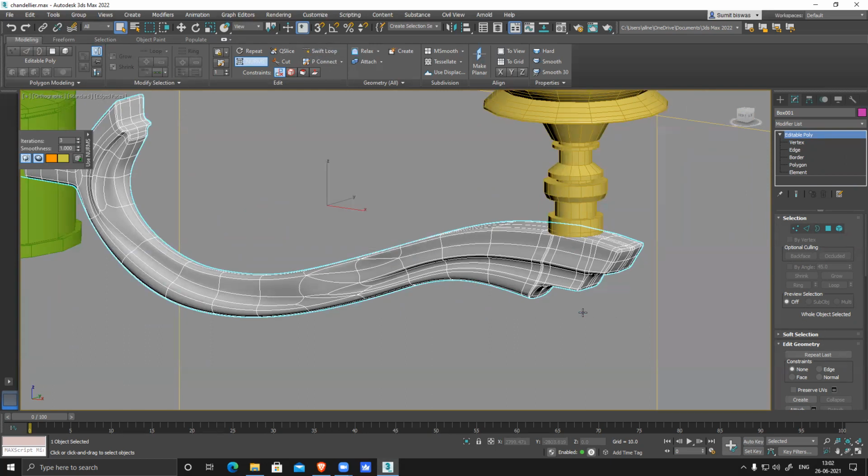Okay, I'll tell you something. Whenever you have a problem, take a screenshot. I told you this multiple times. Whenever you have an issue, take a screenshot, send it to me, because it sounds like an excuse every time you say edit poly Swift loop doesn't work. How does this happen? For everybody it works, but for you it doesn't work.